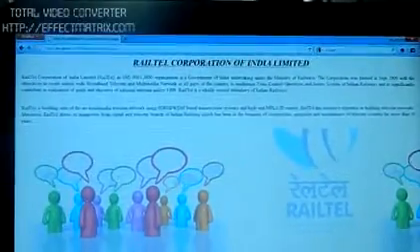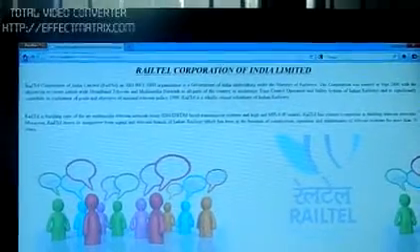Now the user has logged in. Only the registered users can log into this page. The employees of the organization are the registered users. There are various blocks in this website, that is HR, project, sales and marketing, operation and maintenance, and finance. Now there is also an About Us block which tells about the RailTel Corporation of India Limited.